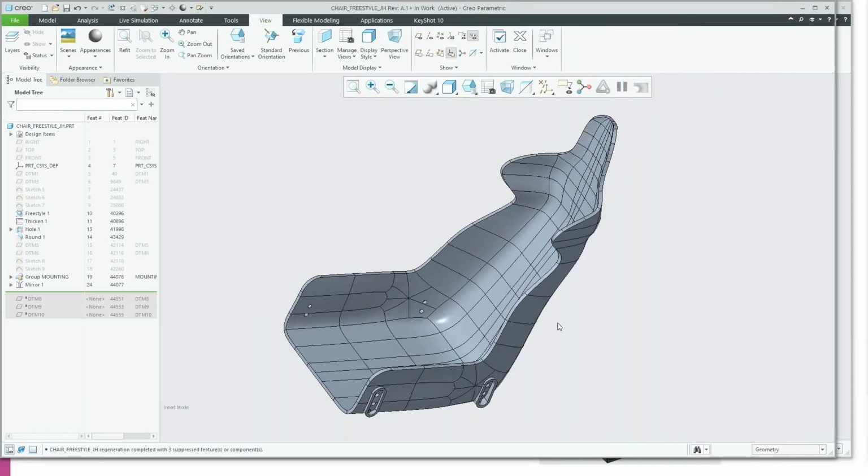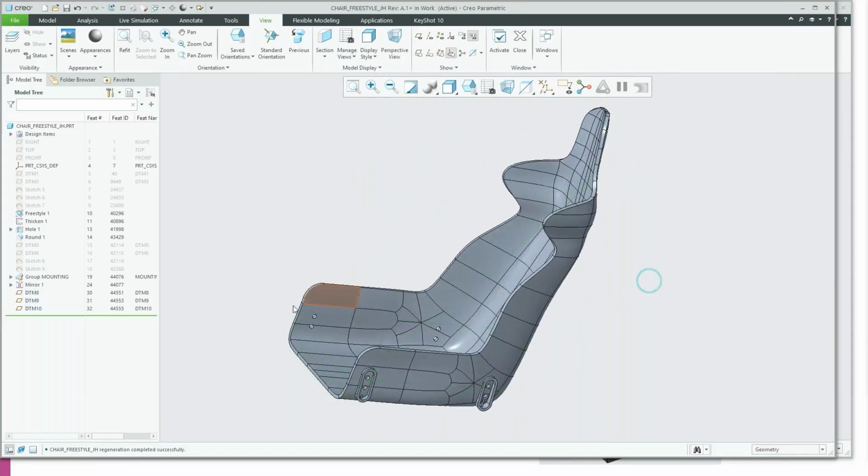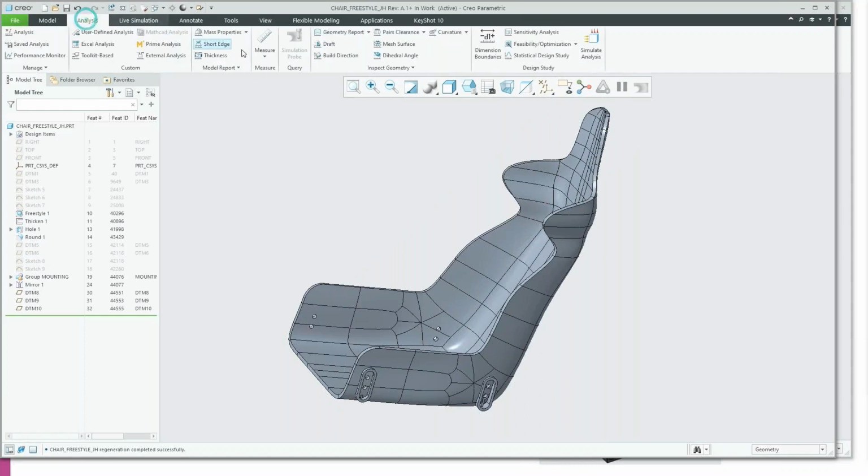There's some options we could do. This could be 3D printed, vacuum formed, vacuum molded, or injection molded. We're going to focus on injection molding for this seat. So I've gone through and added some features that are needed to properly evaluate this in molding position. And so from here, what we can do is utilize the functionality within Creo for injection molding, and we're going to run a draft check analysis